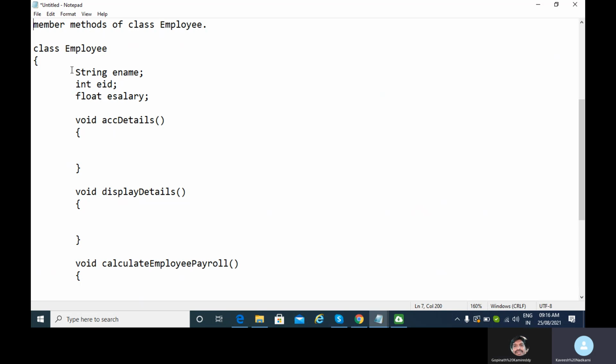For example, if I create 10 objects of the class employee, there will be 10 copies created for e-name, e-ID, and e-salary, where each copy of each of the 10 data members will belong to exactly one of the 10 objects. Clear, Gopinath?